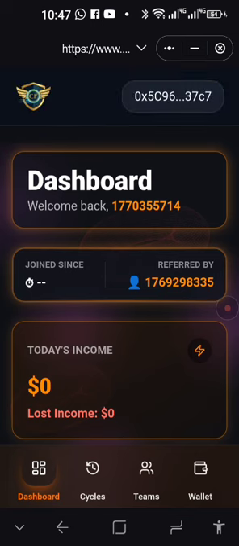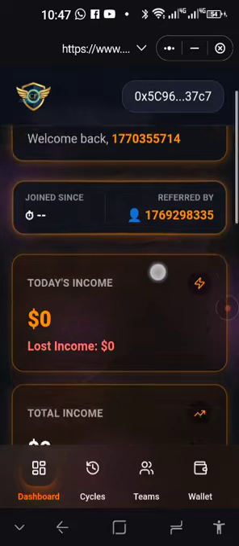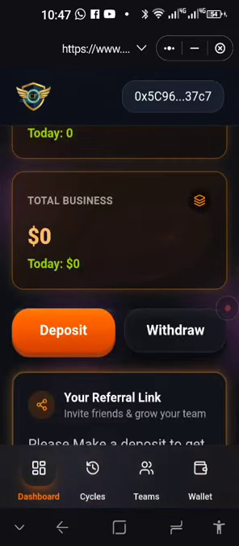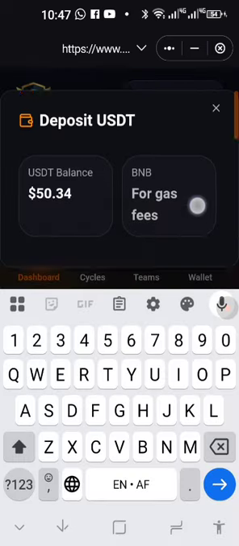So now it's registered. Referred by that link that you used. This is your new user ID. The registration was successful. Now you scroll up. The USDT is already in your wallet deposited. You can also register and deposit the USDT later on. Now you're going to press on deposit and you're going to enter the amount.